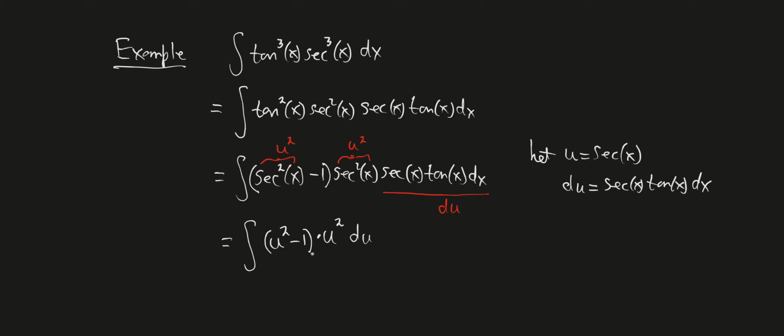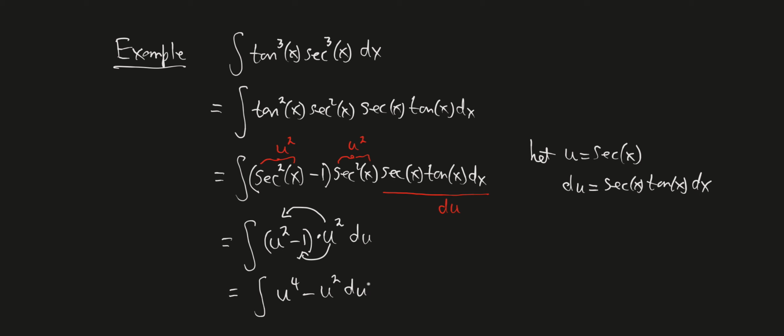Right? But again, you'll notice the majority of these, once we convert it over to an integral in terms of u, before we actually integrate, we end up distributing some kind of power of u, right? It might be a fraction, as it was in the previous example, or it might just be positive integers. It could be negative integers. It could be anything. But just remember that here we have a product, so before we integrate it, we have to distribute that u squared and get u to the fourth minus u squared, and then that's what we integrate